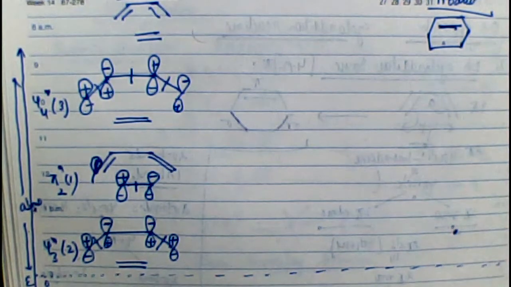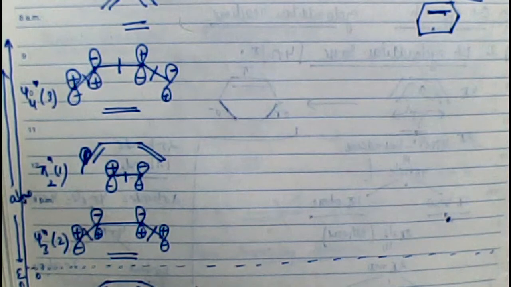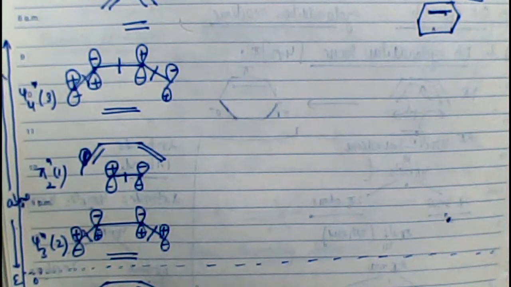And now placing these orbitals on the energy axis is comparatively simple, because remember in the product molecule there are on the bonding side 2 sigma orbitals, and on the bonding side there is 1 pi orbital, and we know that sigma bonding is always more stable than pi bonding.